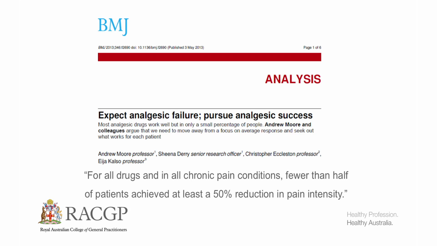And so this title was captivating: Expect analgesic failure, pursue analgesic success. One of the ideas from that review article was that when you look at all drugs for all chronic pain conditions, fewer than half of patients have achieved at least a 50% reduction in pain intensity, and that is only in the short term. So yes, it is true that a drug like an opioid can perhaps achieve at times some